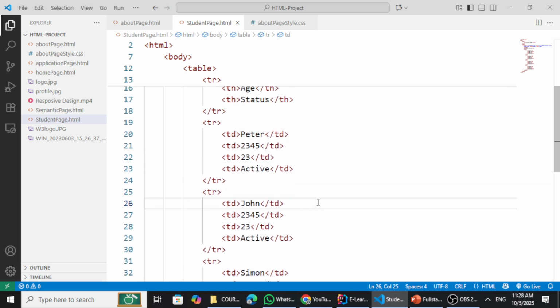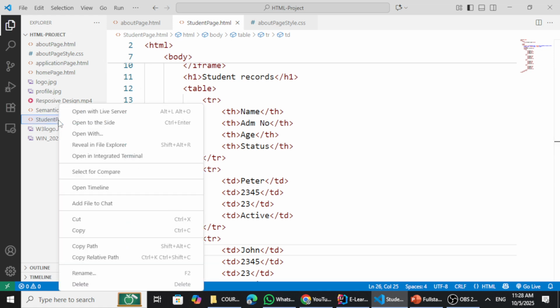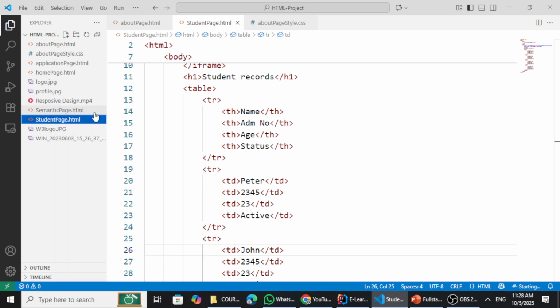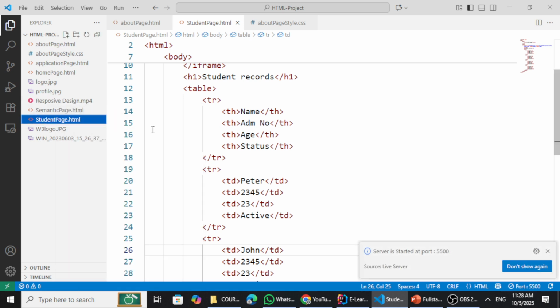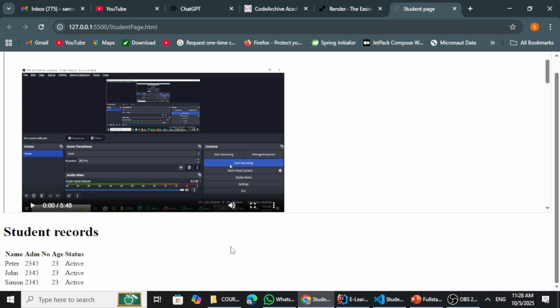And now when I save these changes and open this page in the browser, you're going to see that a basic table has been added. So let me open this page with a live server. Right click and then open with a live server, and right here you're going to see that below this video we have this page which has been added with these records, and now we want to add some styles to this table